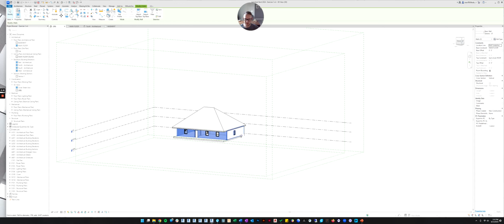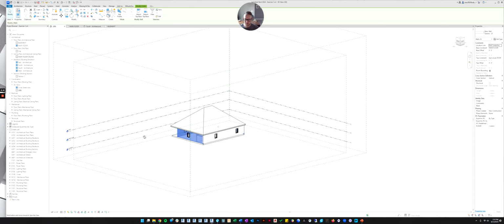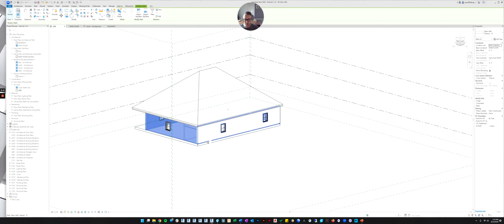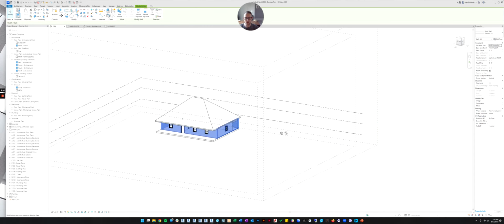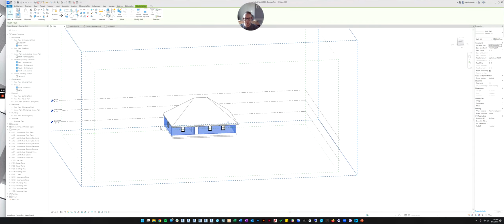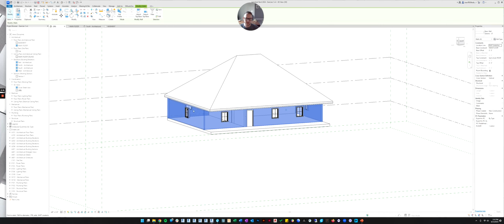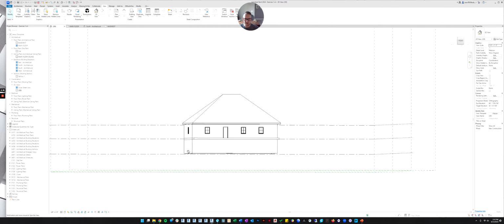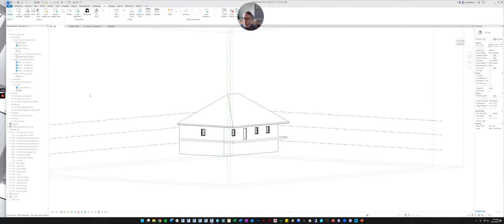I'm going to Control click to add multiple walls so I have all four. And now if you remember from our last exercise, we can go over and we can look at the properties of the wall. Right now, the bottom constraint is set to the main floor level. But now that we made a basement level, we can select basement. And if we do that, it will move the bottom of the walls all the way to the basement.